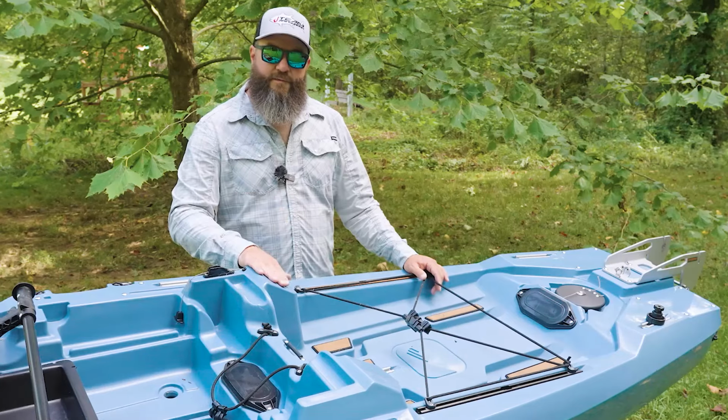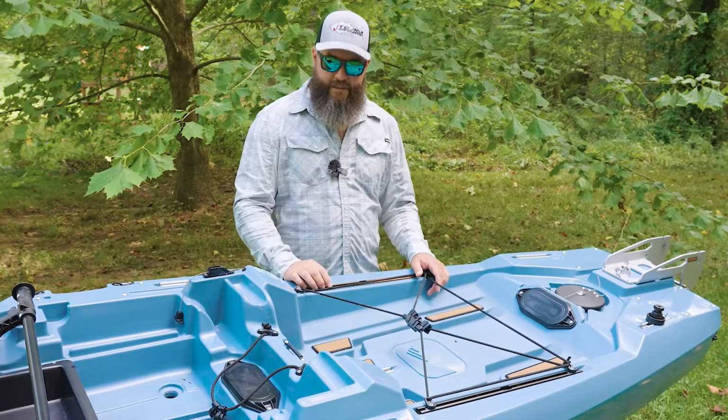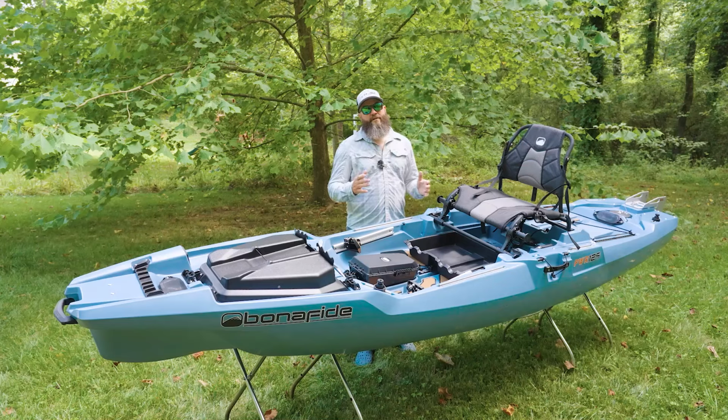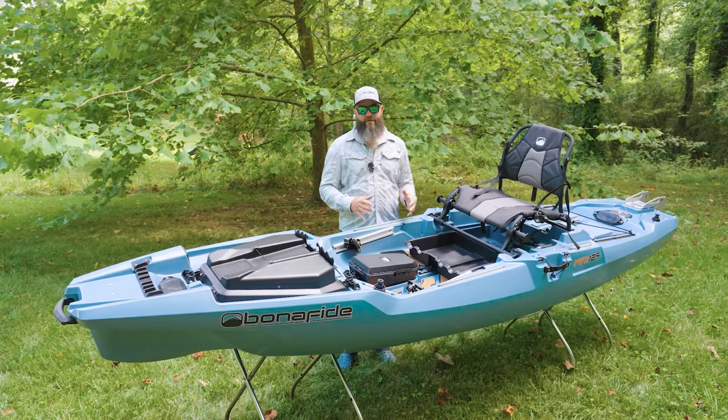But if you want to add those flush mounts, easy to do. You already know where to drill those holes. Pretty easy to figure that part out. That pretty much covers the specs and the features of the boat and my first impressions of those, but let's